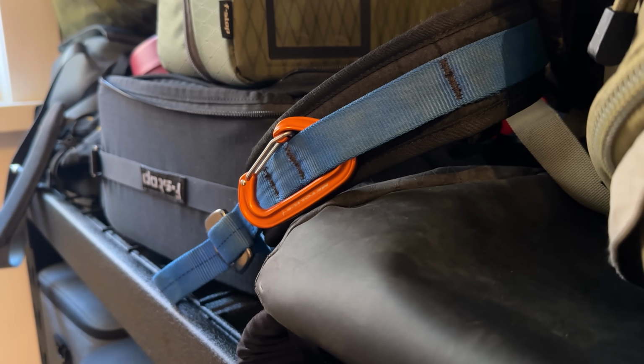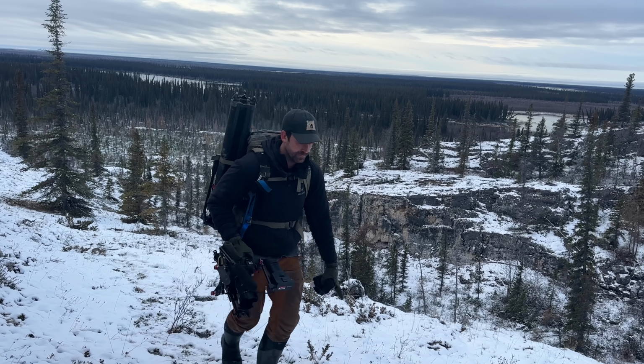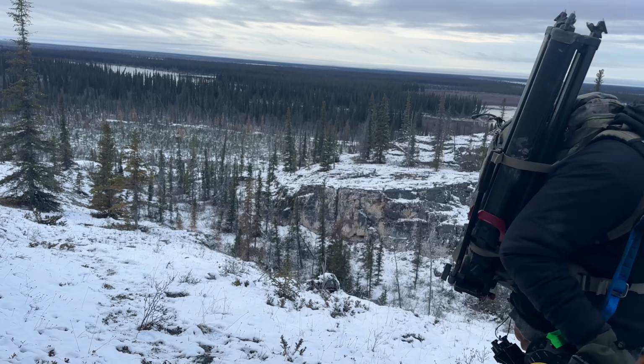They're super cheap, and if you spend a little more and get the good ones that are actually rated for climbing, you can hang insane amounts of weight off them without worrying. Okay, so